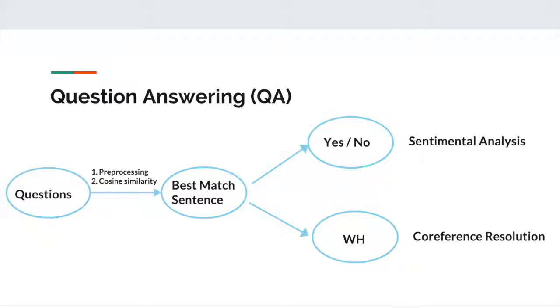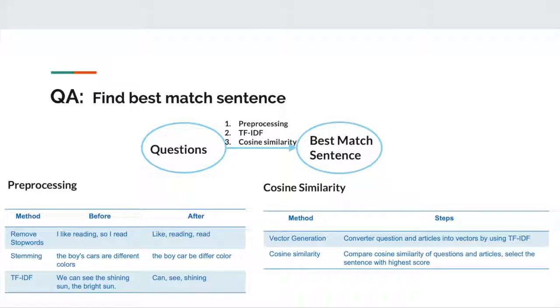Next is the question answering part. This part can be divided into three parts: preprocessing, candidate match, and answering specific questions. First, we apply the same methods as we used in preprocessing before, which are sentence tokenization, sentence filtering, and word